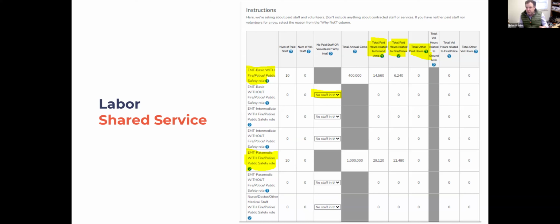If they have shared duties, you would report their full costs, but then allocate based on the percentage of their duties that are EMS versus that other service. And if it's entirely unrelated to EMS, you wouldn't report it in the first place. So you'll notice, for instance, on here, it will not ask you about a fire chief that has no public safety, no EMS obligations, right? So meaning they never worked on the EMS side of your operations, you wouldn't report them at all.